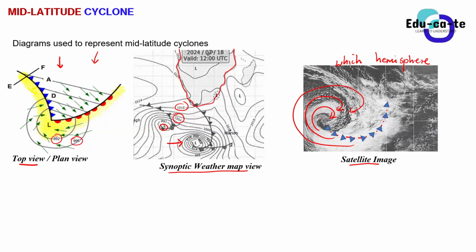So this is a realistic image of how it looks, guys. Whenever you see clouds forming in this way, this is the mid-latitude cyclone coming to attack you. I'm sure, Trevor, you wanted to know how it looks in real life. Yes, this is how it looks. And Tina, we're at the Earth's surface. These are the clouds above us. They will be rotating like this, and we'll be experiencing a lot of bad weather conditions.